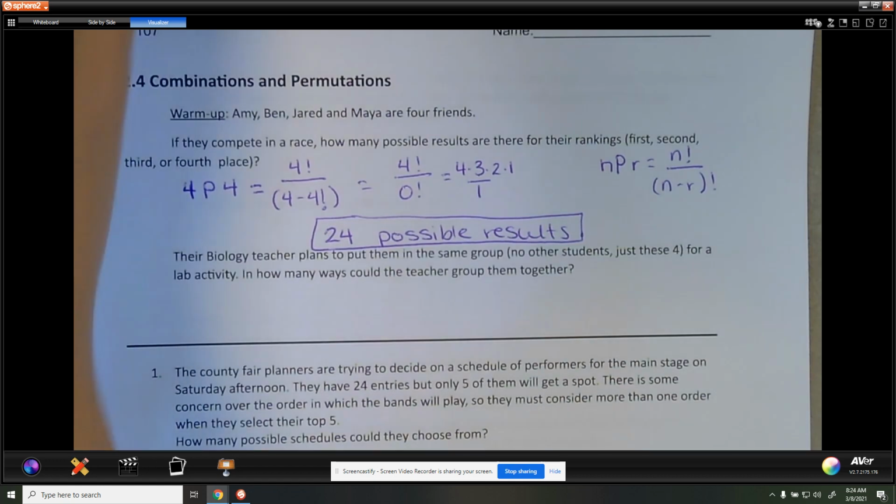This is kind of ridiculous. This is just like a warm-up. I guess I'll show you how to do it with the formula, but